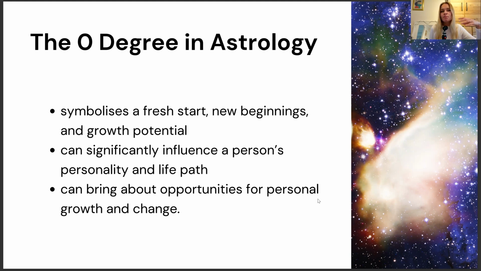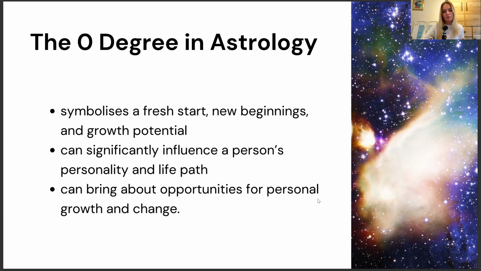And this is a very powerful point where the energy of the previous sign merges with the energy of the upcoming sign. So here, people born with 0 degree in their birth chart, if there is a natal planet at 0 degrees, it often has very unique characteristics from both signs. So that planet,